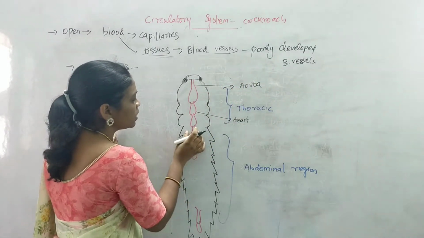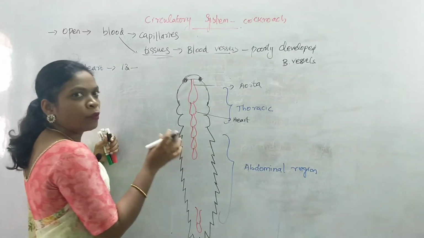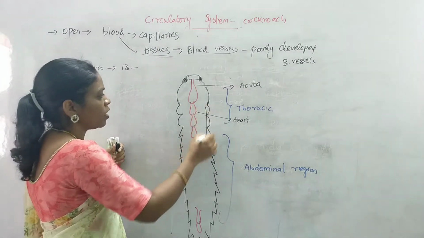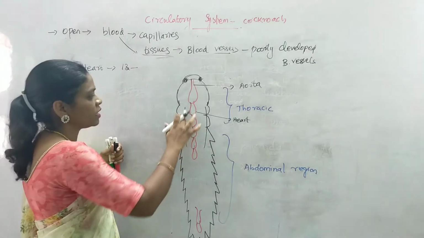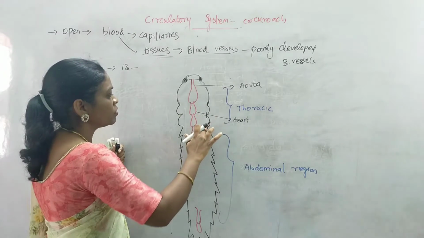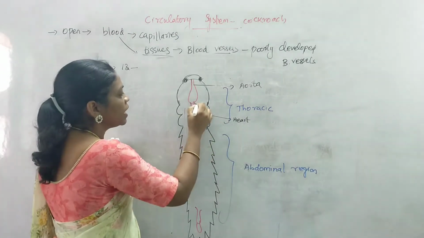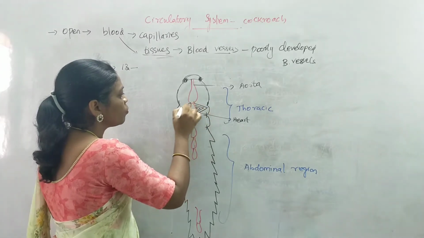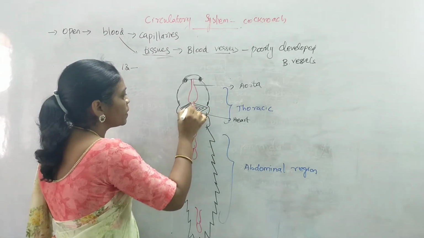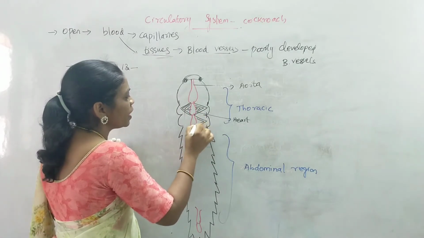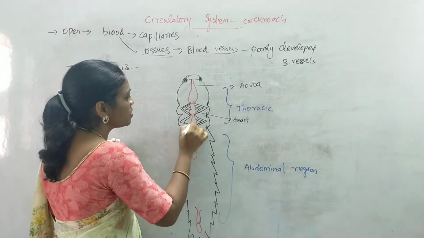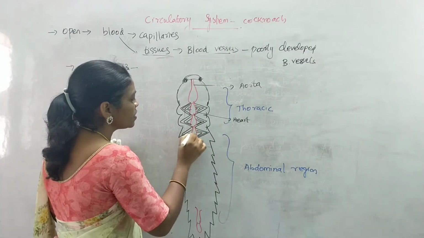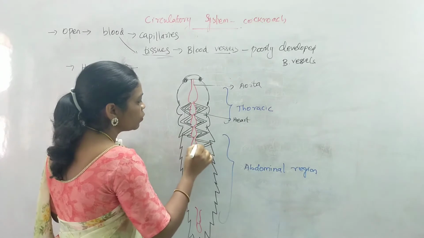These hearts are held in a proper position with the help of muscles which connect with the diaphragm on both the sides, as we discussed in the last class. Here you can find the alary muscles. These are the muscles present on both sides of the heart, which hold it in a proper way and also help in contraction and relaxation of the heart muscles. So contraction and relaxation is regulated by this group of muscles, and these muscles are arranged segmentally along with the heart.